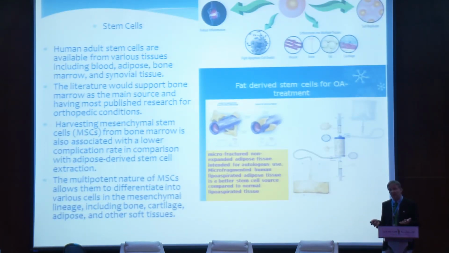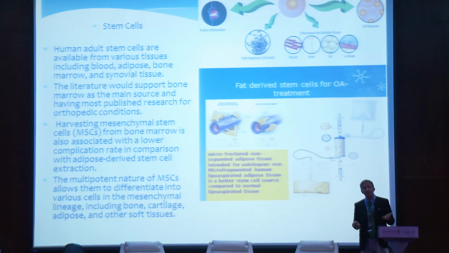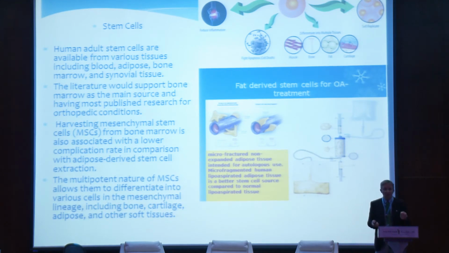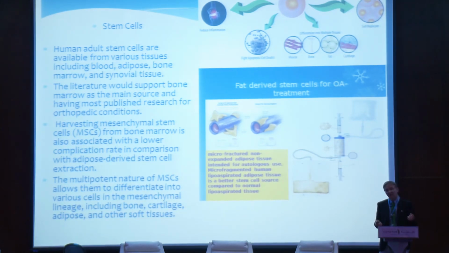Stem cells are other alternatives. Stem cells, you know, could go through chondrogenesis into the chondrogenic pathway and become chondrocytes. They could be used to become bone cells and repair bone. But when used conservatively, they are used because they have an anti-inflammatory effect and also a trophic effect, so they could stimulate a repair, not by repairing themselves, but by stimulating the synoviocytes and the chondrocytes to produce the right